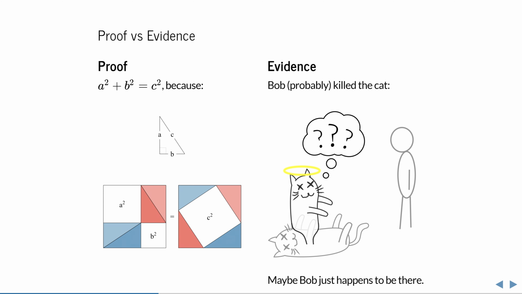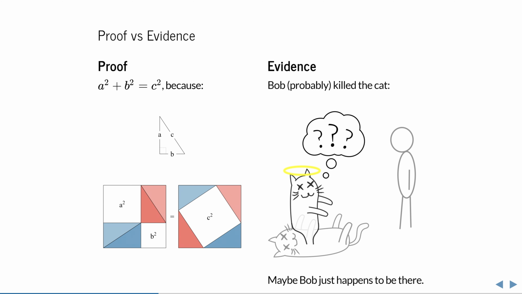The point here is that we would blame Bob only if we are convinced by the evidence. But no matter how compelling the evidence is, there is always some other possible explanation. In law, this is called proof beyond a reasonable doubt, but it isn't really proof, just very compelling evidence. Maybe you saw Bob stab the cat with your own eyes. Sure, maybe Bob is a certified cat surgeon. We could go on like this.